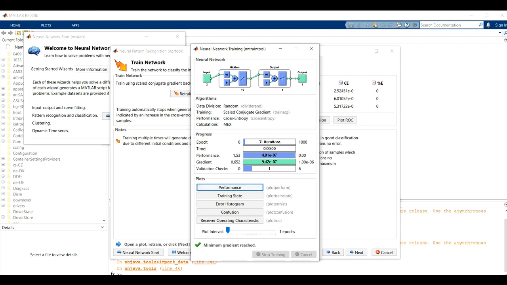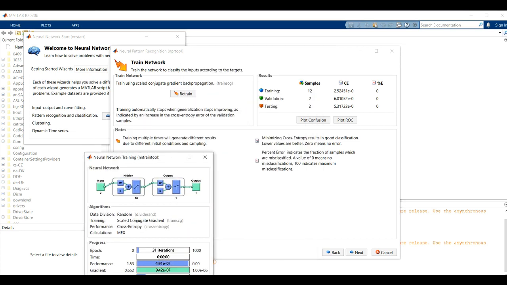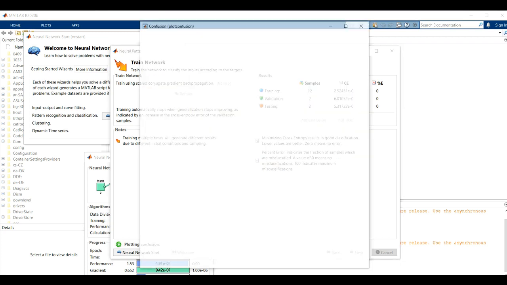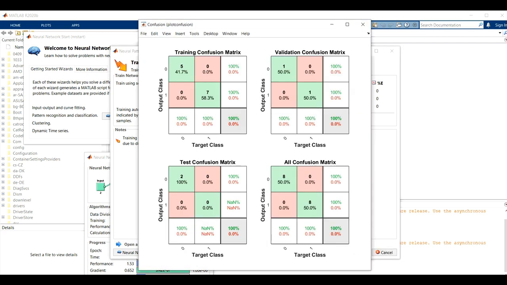Now we have to check the performance of the classification. So plot the confusion matrix. You can see here 8 samples are classified as 0, meaning non-diabetic, and 8 are classified as diabetic. The overall accuracy of the classification is 100%. We have given 16 inputs, 8 are diabetic and 8 are non-diabetic. It is 100% classified.